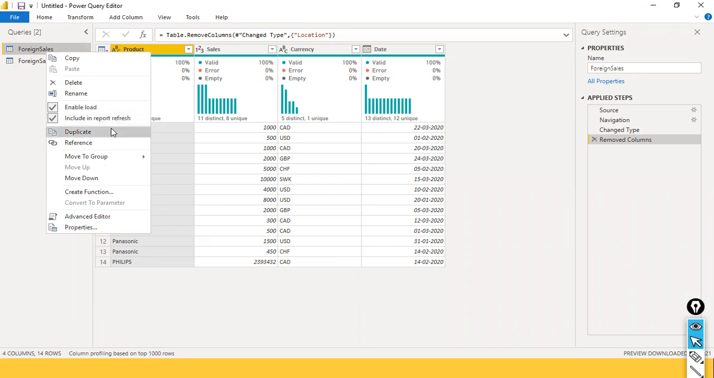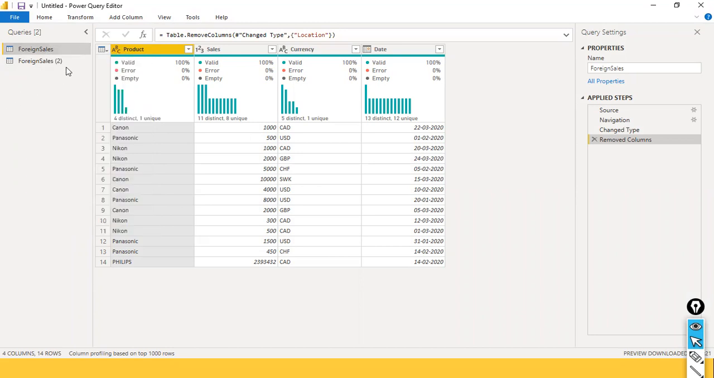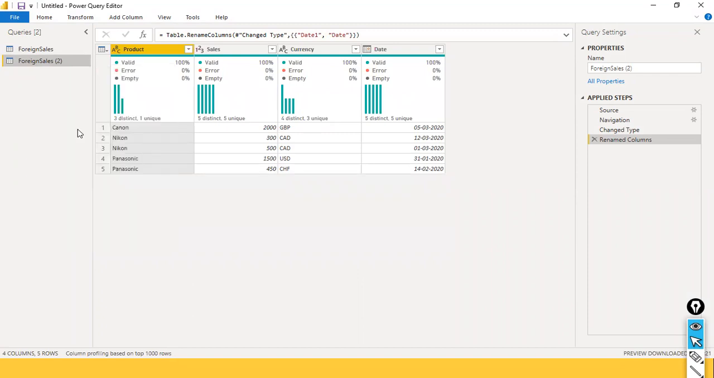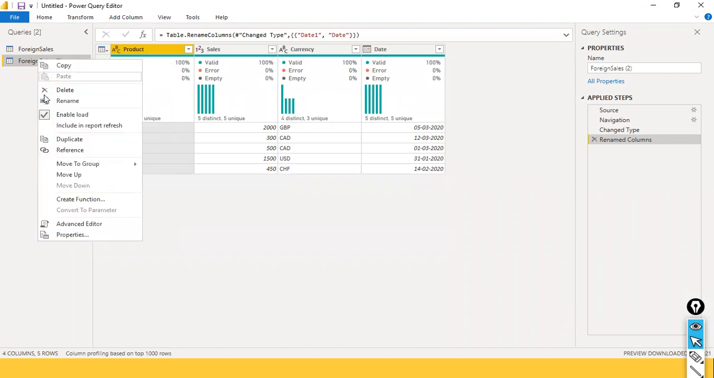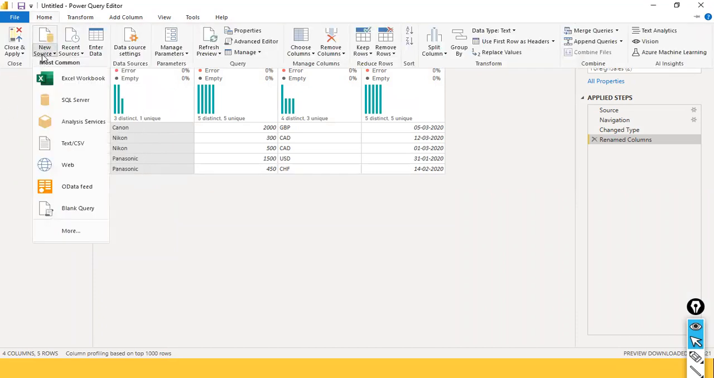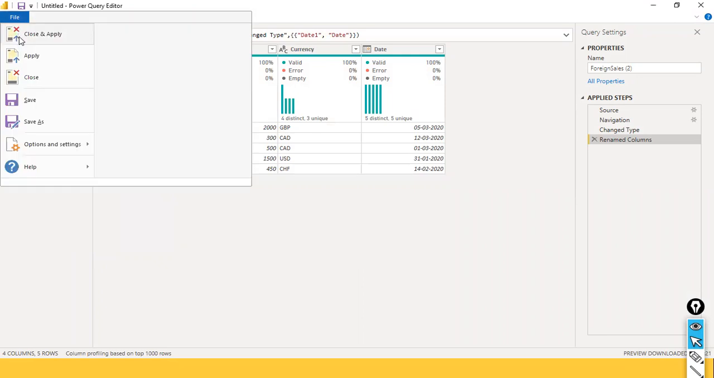The Include in Report Refresh option allows us to stop a table from refreshing when you are refreshing the entire report. For example, I just select this one and we'll see how it works. I just uncheck it. When I right click on it, yes, this option got unchecked. And if I go here and close and apply,